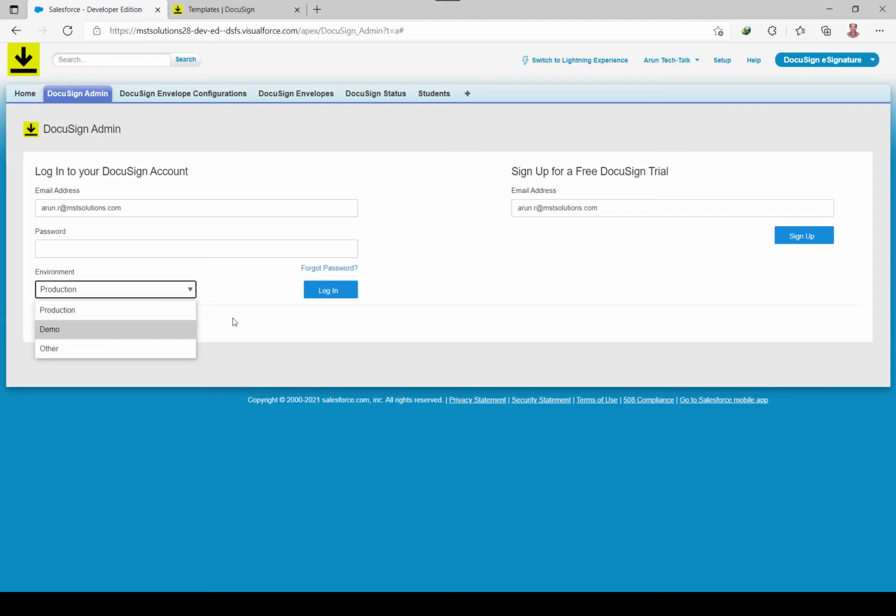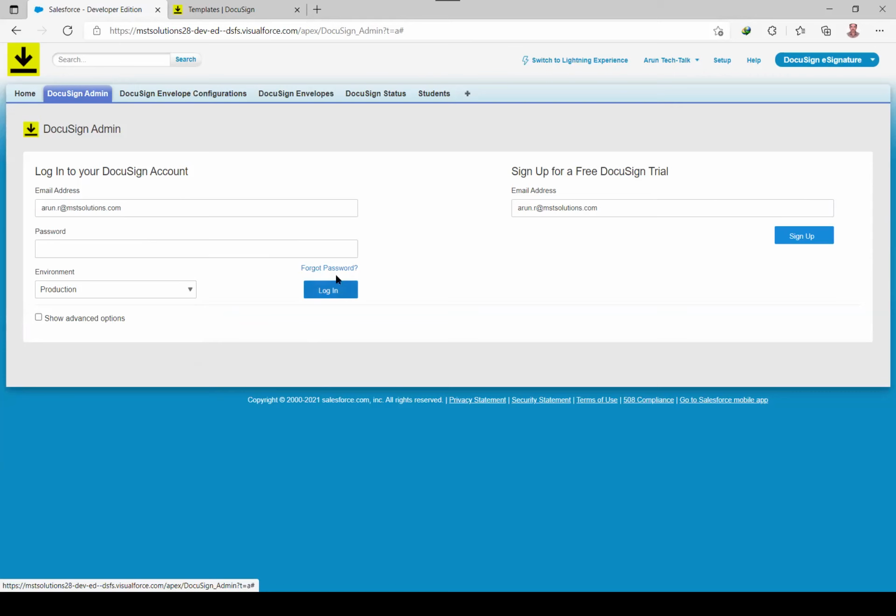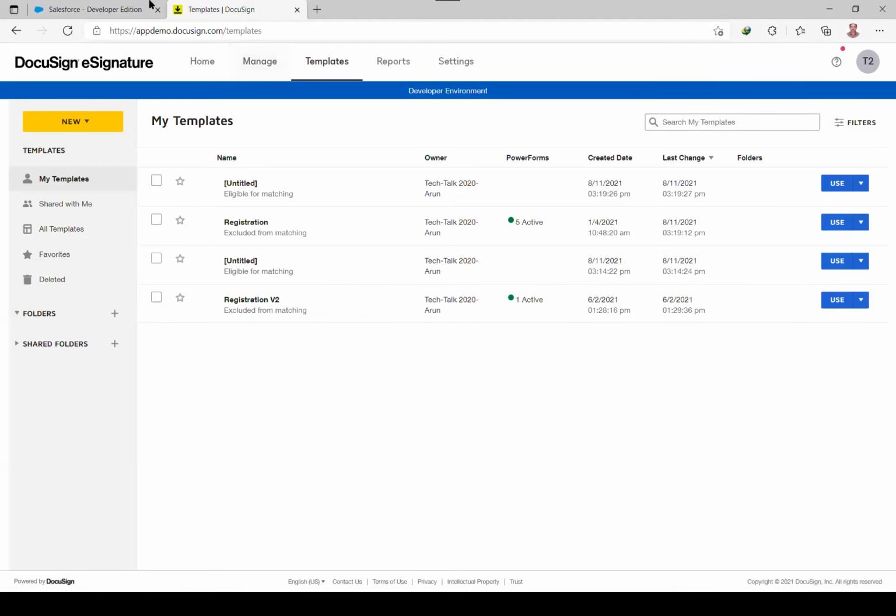It is created by DocuSign for developers. So whatever features are available in production will be available in the developer org for DocuSign. Once you provide the DocuSign credentials, just click login. Parallelly, once we log into the DocuSign sandbox, we go to settings.